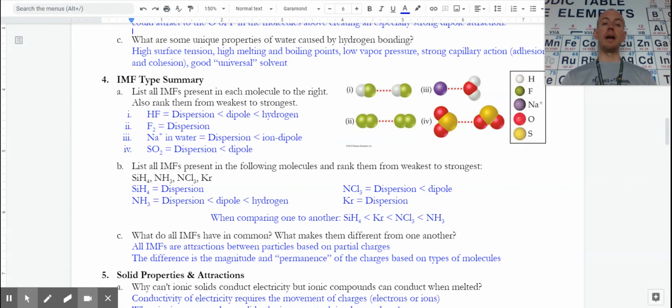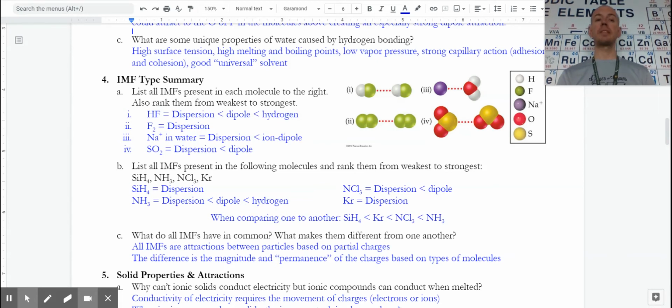If we were going to compare one of these to another, the F2 with only dispersion forces would likely be the overall weakest of the attractions. SO2 would be greater and HF would likely be the next greater, but we do need to account for SO2 having significantly more electrons than HF. So maybe a boiling point, vapor pressure, or another piece of data would give us a little bit more clarity as to whether the dipole and dispersion here are enough bigger because of significant polarizability than even the hydrogen bonding